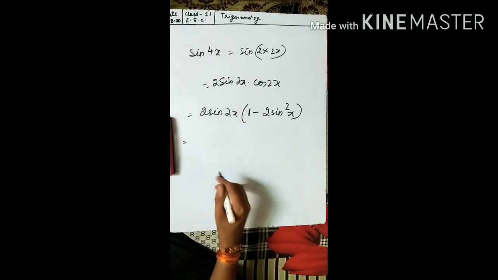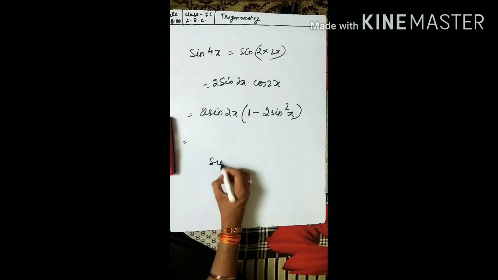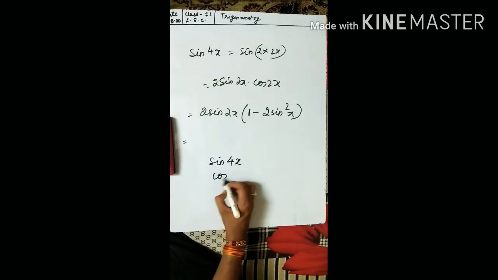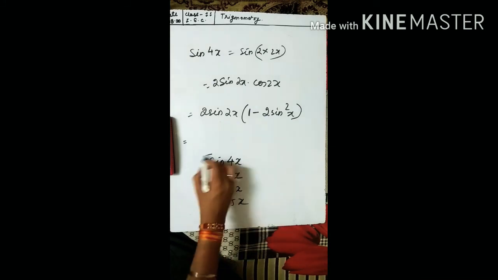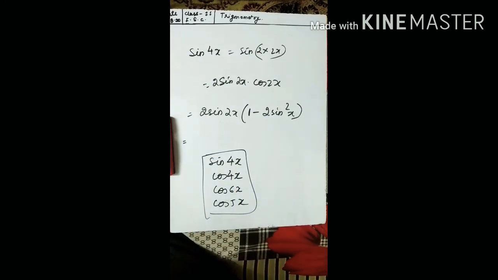So similarly your assignment will be on finding the value of sine 4x, cos 4x, cos 6x and cos 5x. These 4 questions you have to do. Okay,